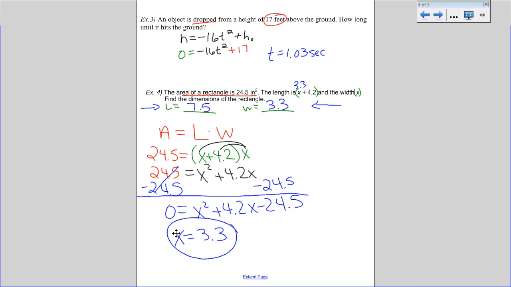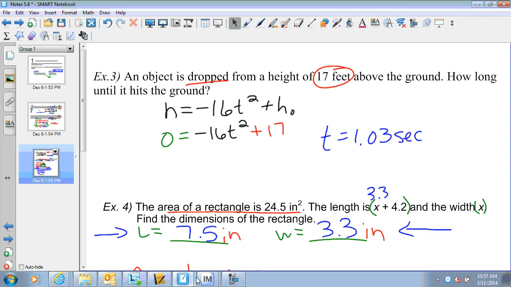These still have to have some sort of units to go with them. So what units are going to go with those? How do we determine whether it's going to be feet, centimeters, meters, inches? Inches. Where do you get that from? Beautiful. They give you the units you're supposed to use. So this is 7.5 inches and 3.3 inches. The area problems aren't difficult. They just have that second step that we haven't had anywhere else in the previous problems. All right? So ladies and gentlemen, what I would like you to do now